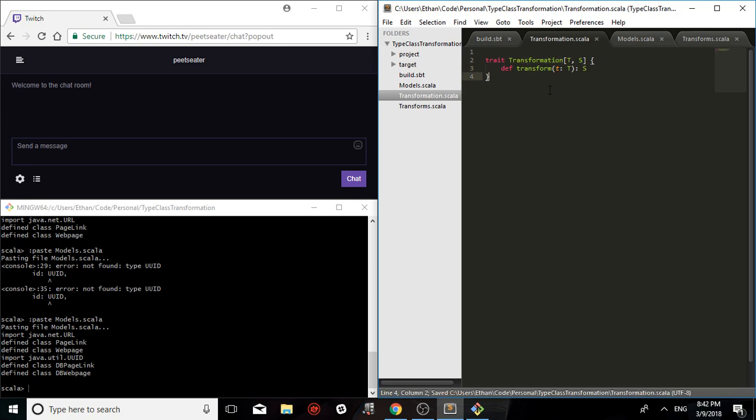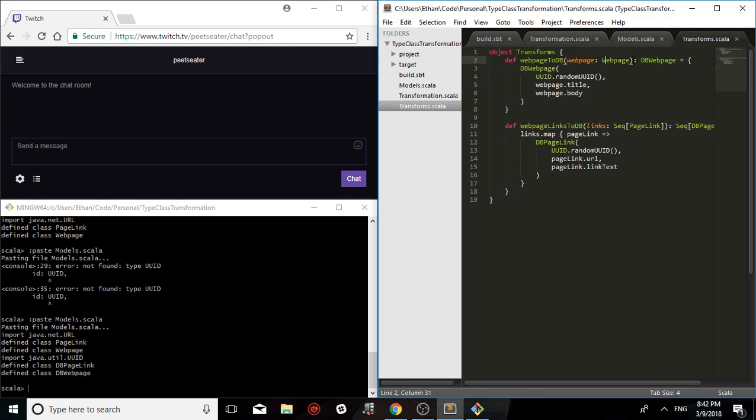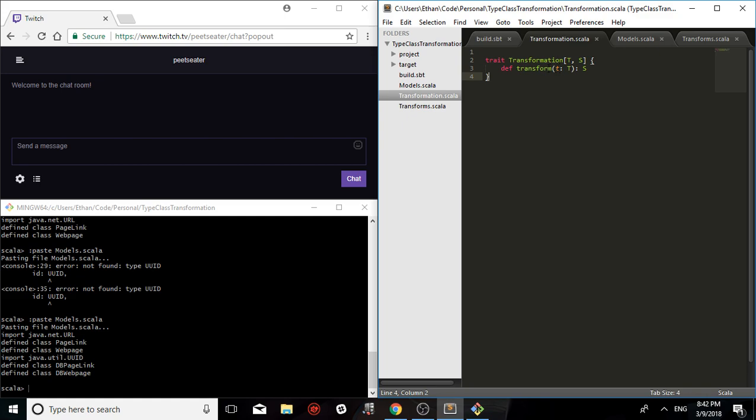And you say, okay, that's a transformation, because that's really what we're talking about here with these things. We're going from one type to another type. That's all we're doing. You could call this map if you wanted to. But for the moment and for clarity, we're just going to call it transform. Okay. And so the next part of the type class pattern is that in order to do this,